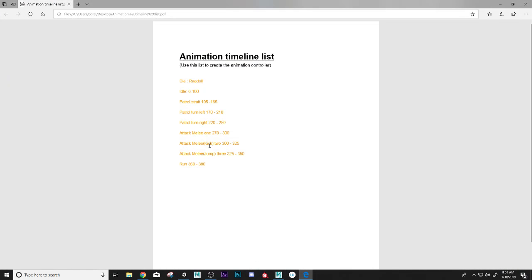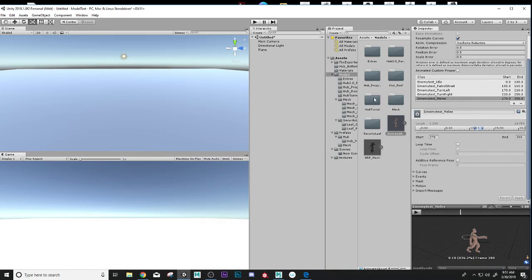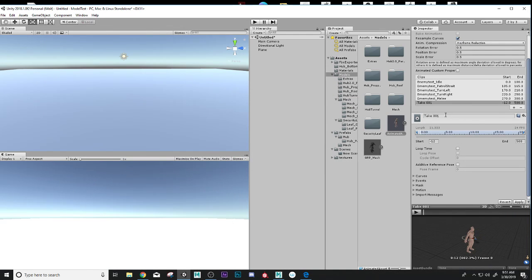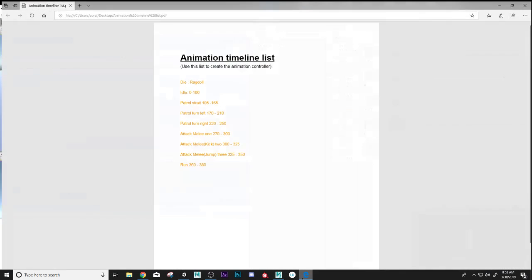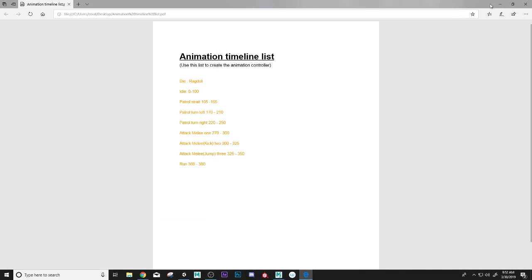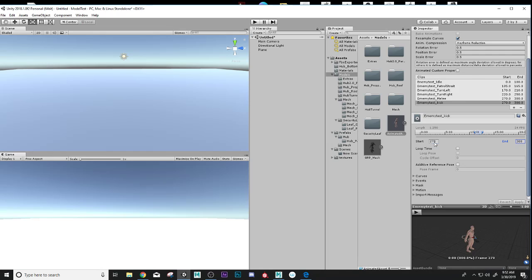Next one is 300 to 325. That's just a kick. Okay. Now, that was an override. 300 to 325. So if you guys are familiar with some of this, bringing stuff over to Unity process,